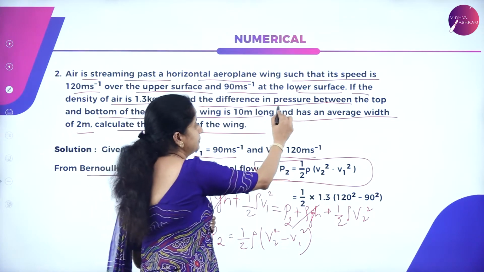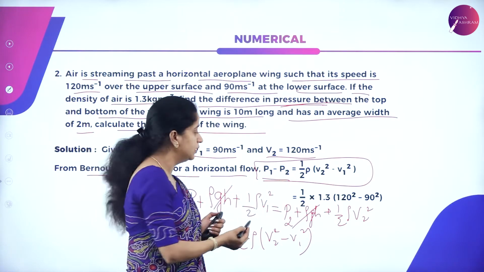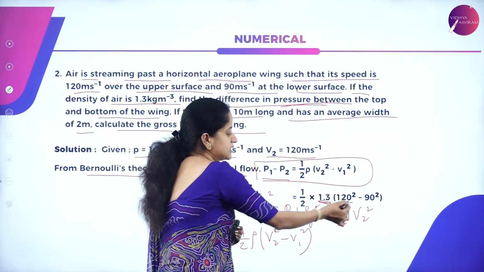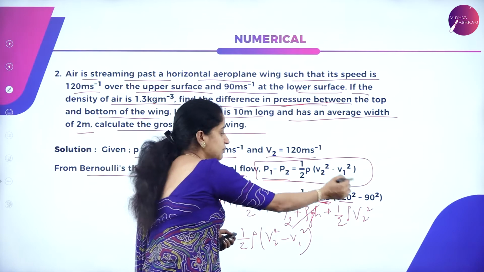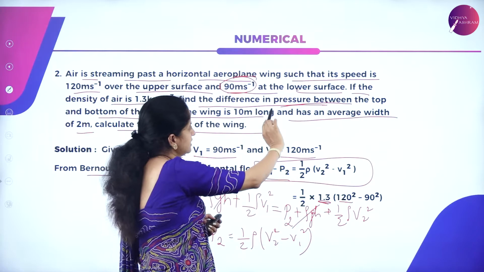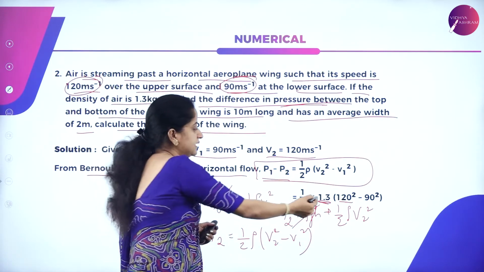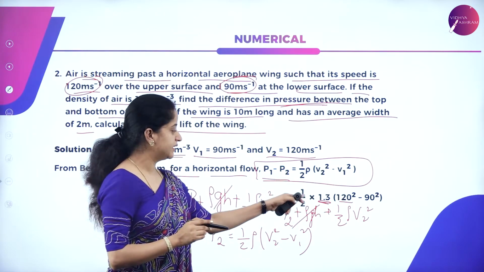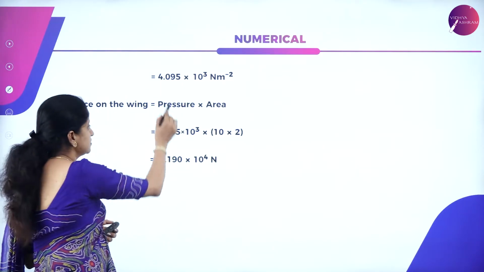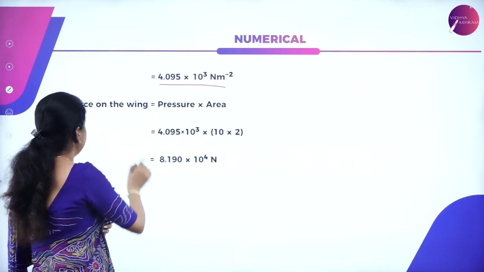We have to find out the pressure difference between the top and the bottom layer, that is P1 minus P2, and which is equal to half into rho value is 1.3, V2 square is 120 square minus V1 square is 90 square, because they have given the velocity 90 meter per second and 120 meter per second in the question itself. So let us substitute all. We get 1 divided by 2 into 1.3 into 120 square minus 90 square. So solving that, we will get 4.095 into 10 power 3 Newton per meter square,